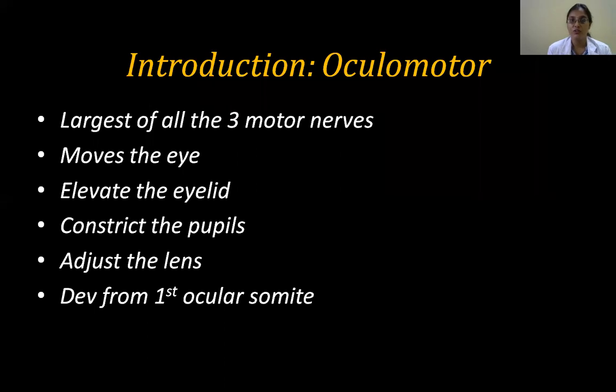The second column was the branchiomotor column. So that is all that pharyngeal musculature and nerves. And the third one is the visceromotor or secretomotor. Here this is the parasympathetic nuclei. Okay, so the preganglionic parasympathetic nerve fibers arise from these nuclei. That is the Edinger-Westphal nucleus, and we have the salivatory nuclei, the superior and inferior salivatory nucleus. So this is what you have in this visceromotor or secretomotor.